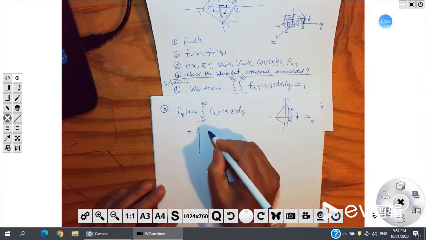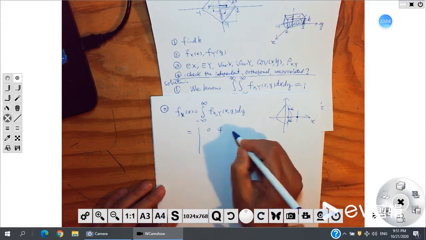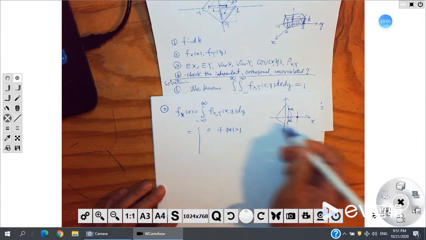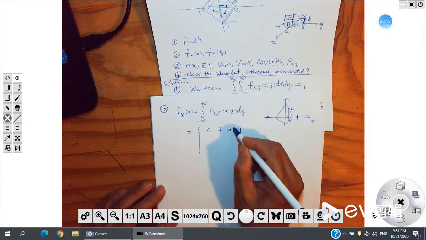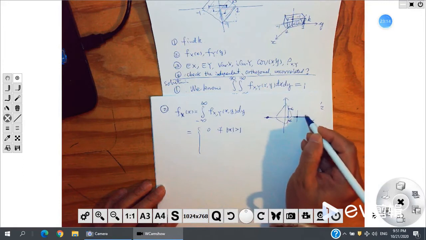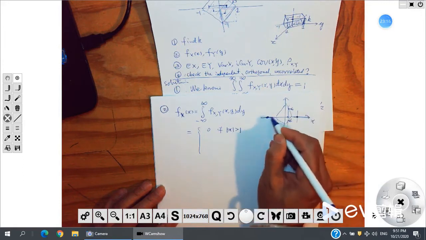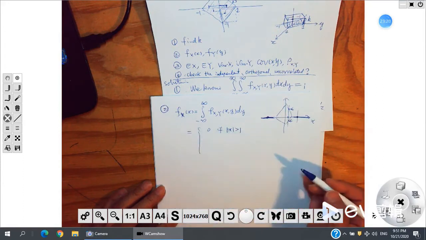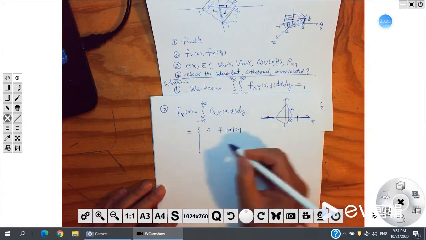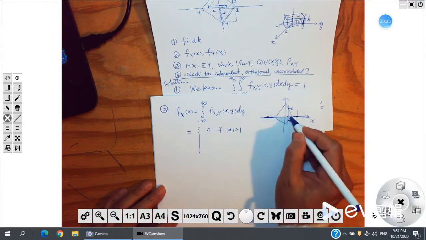It will be 0 if x is larger than 1, or smaller than negative 1. So when the absolute value of x is larger than 1, in these two parts, the density is just 0. And when the absolute value of x is smaller than 1,